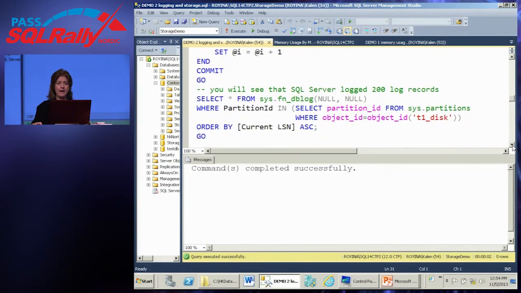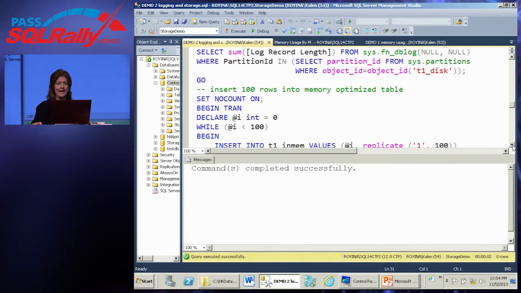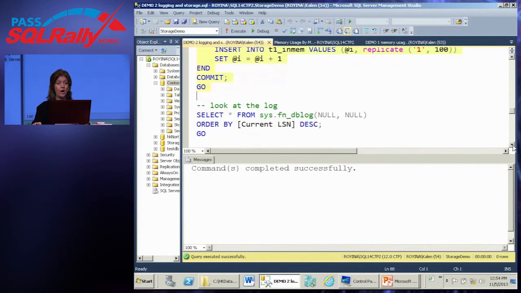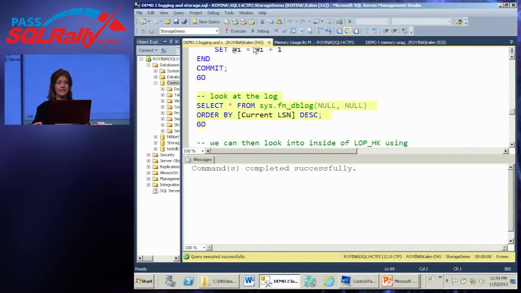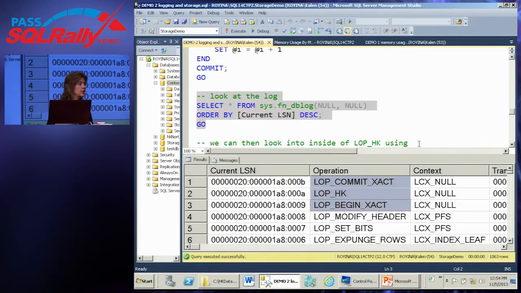So I've got a Hekaton table now, and I'm going to insert 100 rows into it. And look at the log now. If I look at the very top of the log, there's a whole bunch more rows in it now, but the whole Hekaton transaction is just those 3 log records.